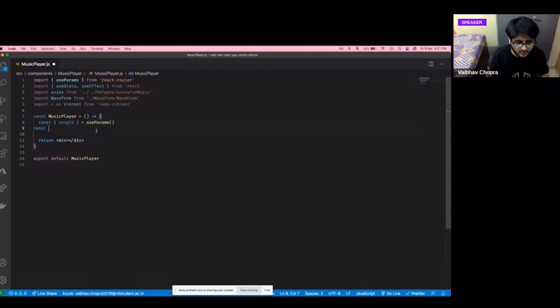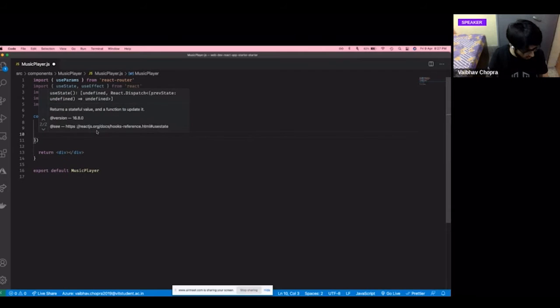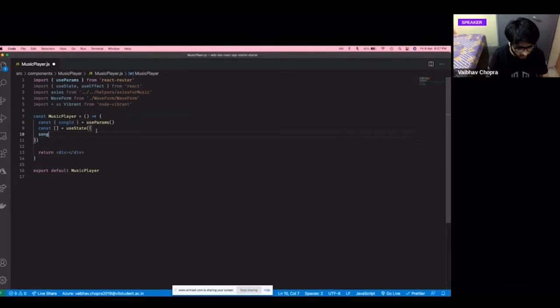There are three, four things which are important to the state of this variable, not just the song itself, but the color which is required, what color to render this player in, and a lot of other information. So we will be having a useState, obviously, and this time we will have a lot of defaults, so that it does not look like a dead UI at the start. We will leave ID empty, because we don't have an ID in the beginning.